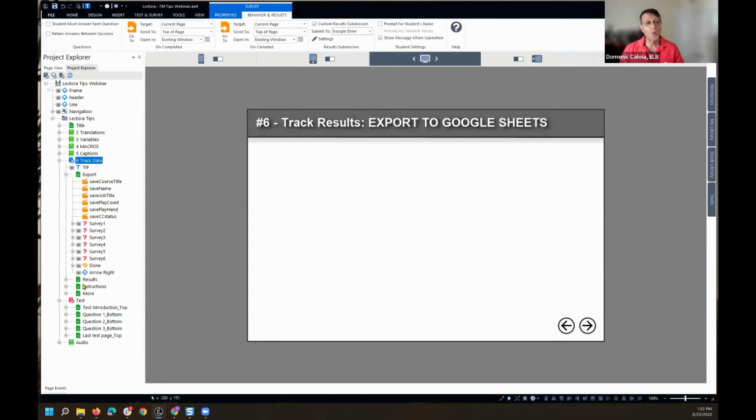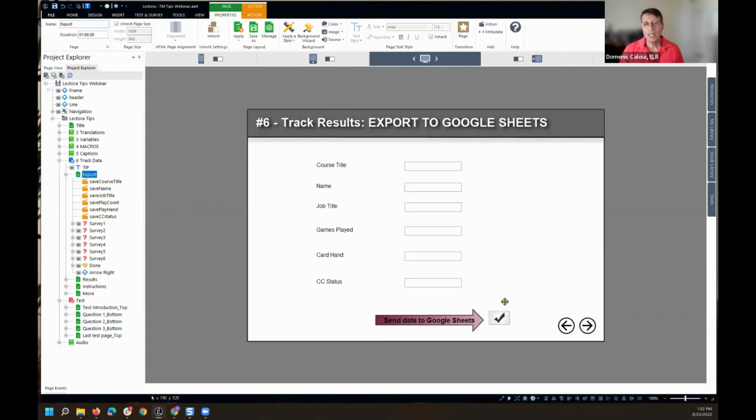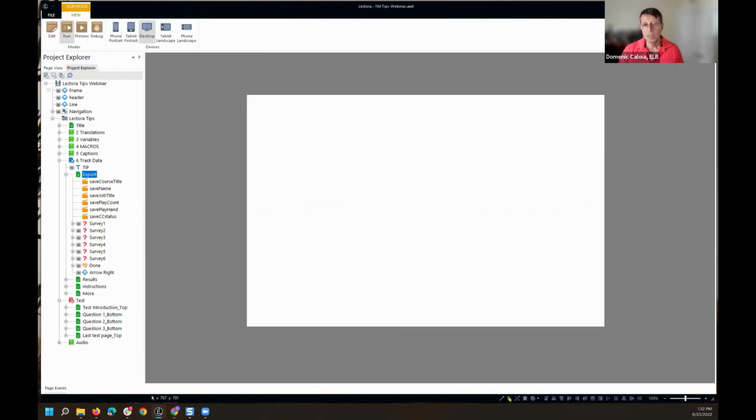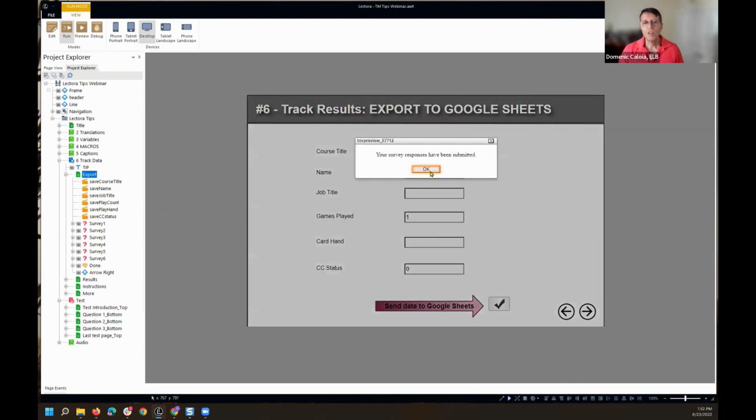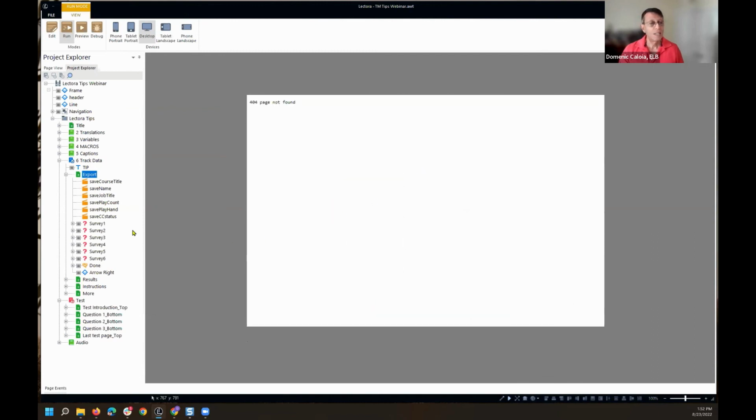And whenever we're cooking live, as Emerald says, you always run the risk of things not working. But let's go back to the export page and let's click this. Let's go live in order to click it. And let's click this. I don't know why these are coming up empty. Let's see. Survey responses have been submitted. That's a good sign. And then